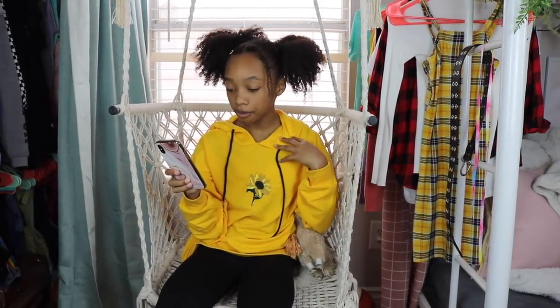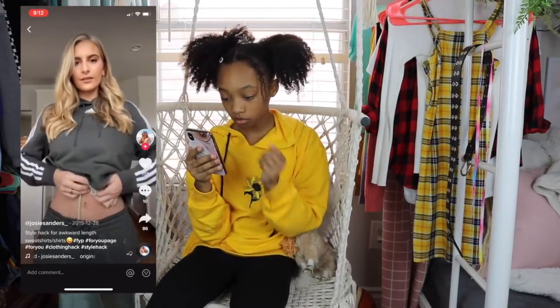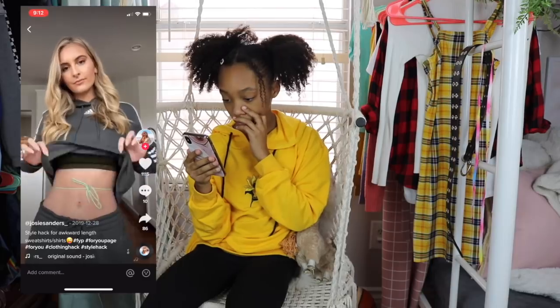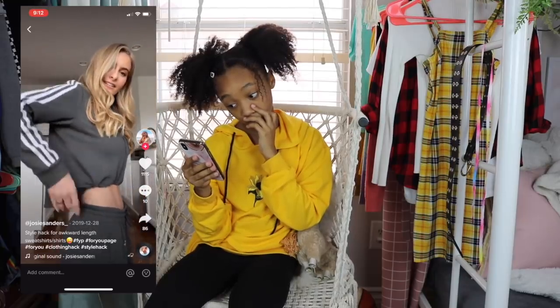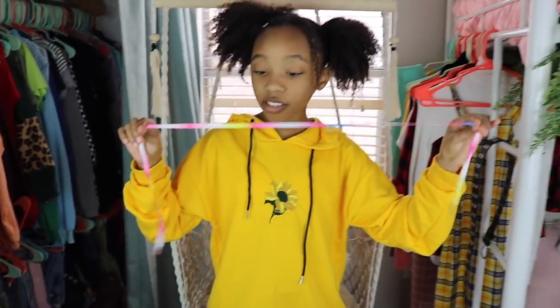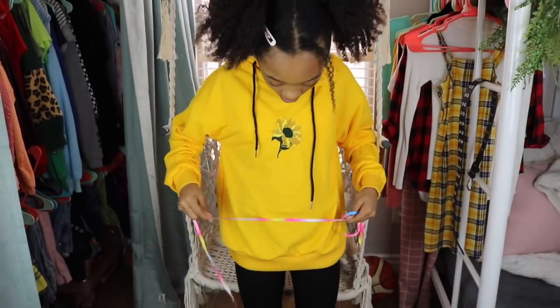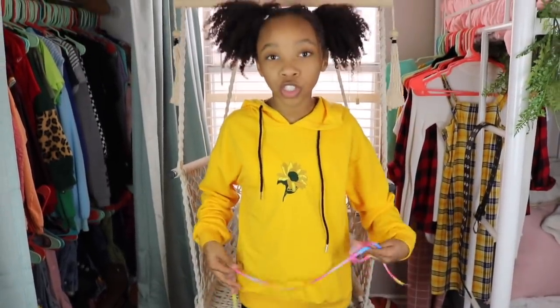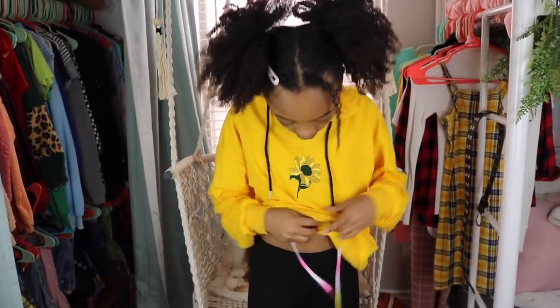This next hack is about a hoodie, so let's watch it. So she said all you need is a shoelace, which is already starting off a little weird. And this hack is to make awkward size or loose hoodies fit how you want them to fit. So I'm just gonna